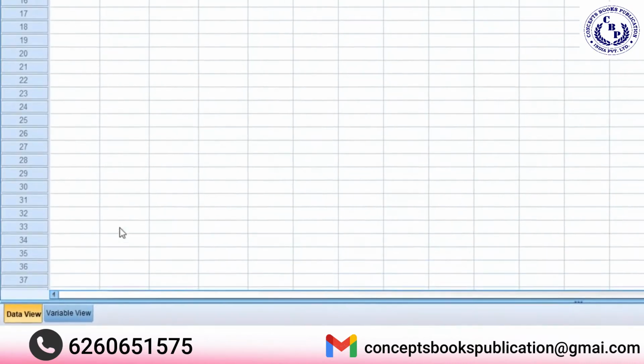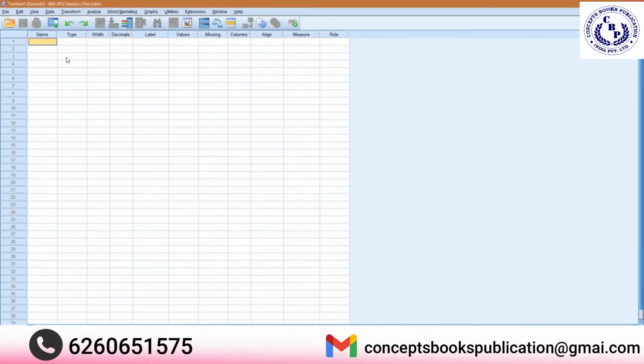Right, so I've opened SPSS. You see that the interface may look similar if you have ever used Microsoft Excel. It looks like a spreadsheet. This spreadsheet is divided into two. There is the data view here, which is where you see your actual data, and there's the variable view, which is where you actually define and edit the questions that you've been asking on your survey or whatever questionnaire that